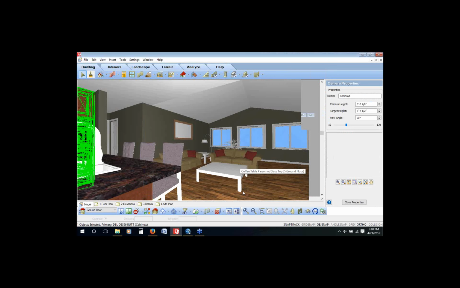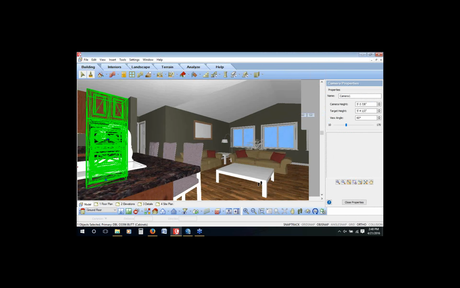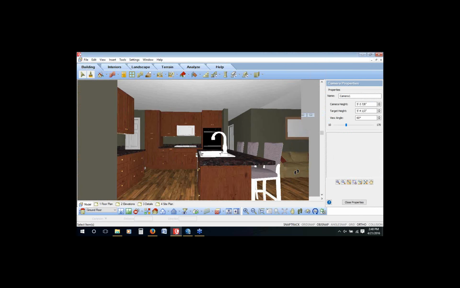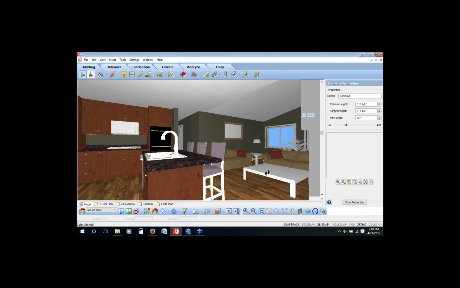So if you get it over here, realize something's got to change, just go back, update it, and send it right back over. You can see how quick and seamless that import-export process was. So that is bringing in the model. I'll walk around so you can see a little bit more of it here. We're able to directly share all of those items, pick on them, change them, and give you that full design so that if you're working together with someone else, now you've got that ability to really profile everything about the design, not just the one aspect of it. Work directly with the entire team that's working on the project